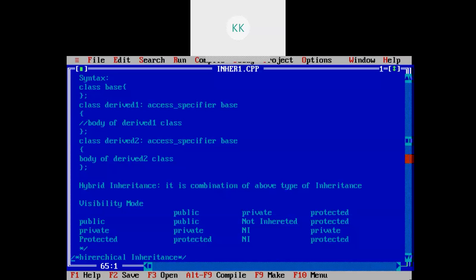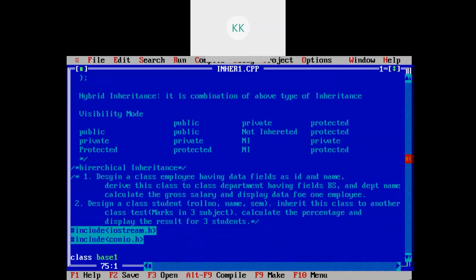Private data we cannot inherit. When you use visibility mode as private, then public and protected data will become private. When you use protected as a visibility mode, then public and protected data will become protected in the derived class.